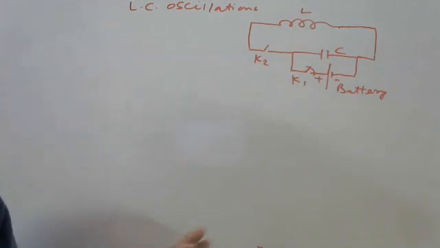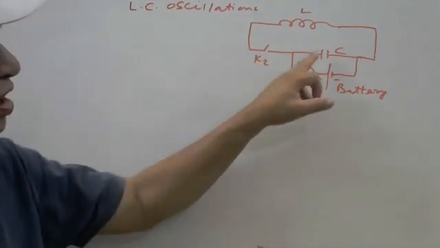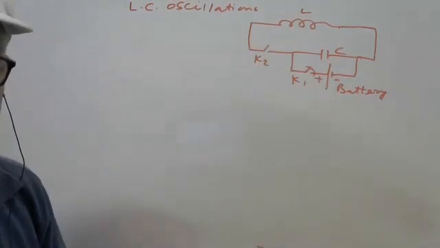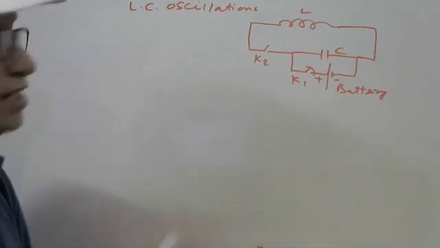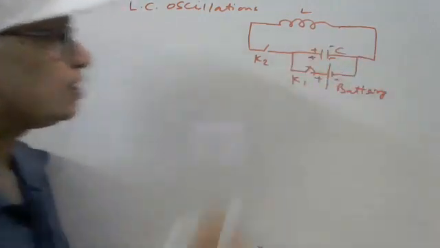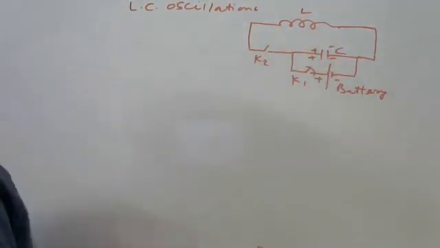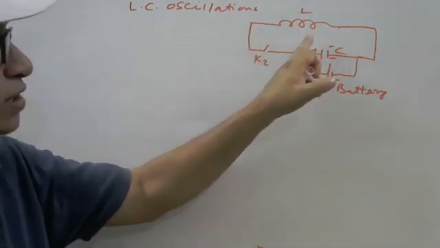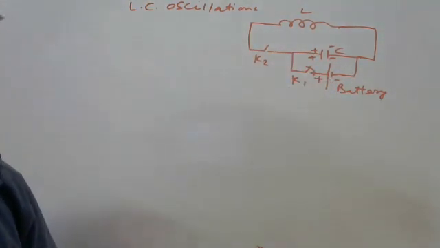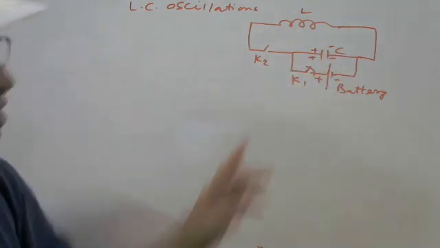The capacitor is getting charged by the battery. After the steady state condition, this capacitor is fully charged. So here this is positive, negative: positive charge comes on the left plate of the capacitor, and the negative charge comes on the right plate